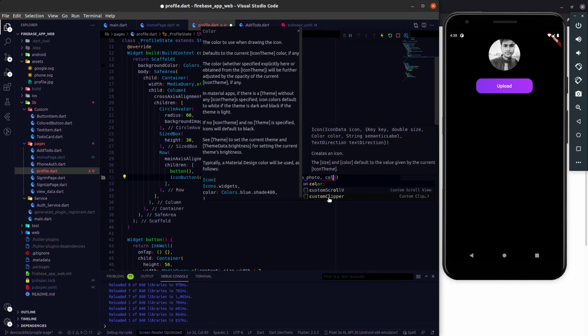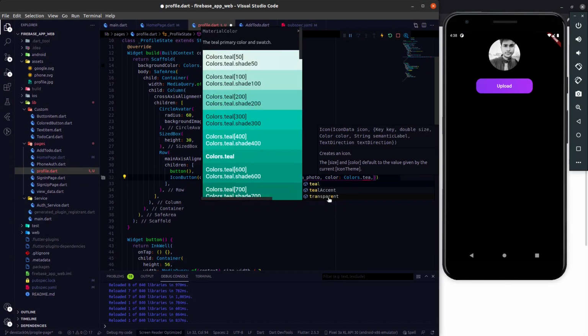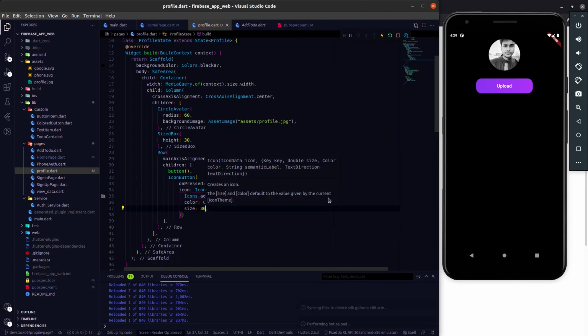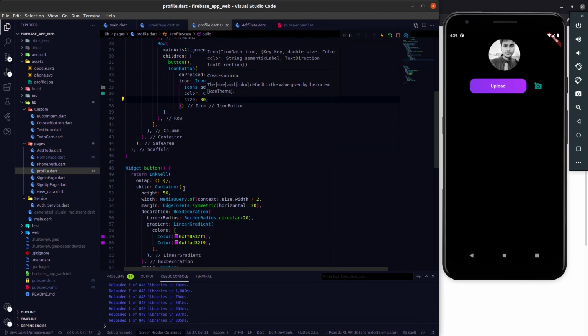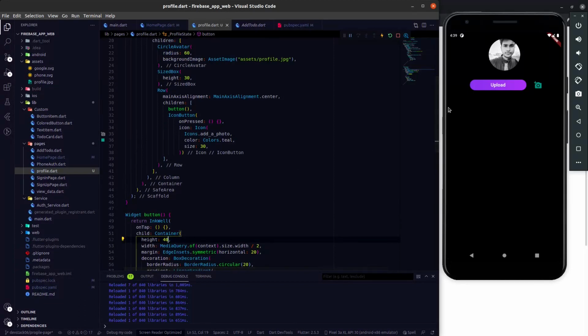I will use a color as well. The color is going to be Colors.teal. Size is going to be 30, and hit save. Okay, now this is added. Let's quickly decrease the height of this upload button as well, to 40. Okay, now it's good.